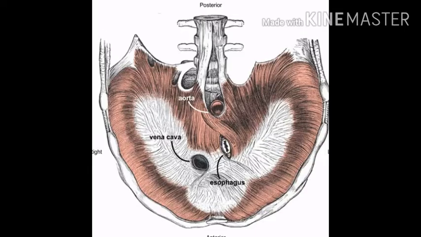Due to this contraction, more and more surface area becomes available inside the chest cavity, as we discussed in the previous class. This expansion of the chest cavity creates a vacuum inside the chest cavity,